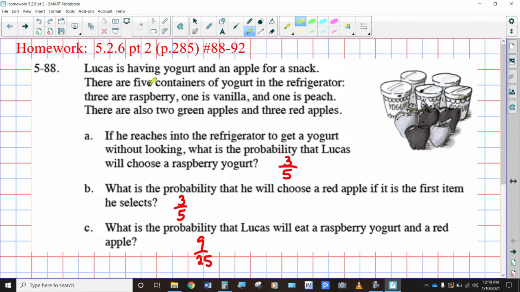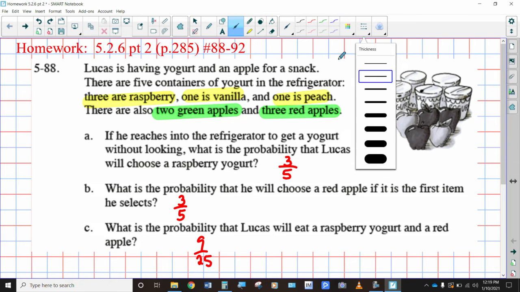Start off, we've got 5 containers of yogurt in the refrigerator. 3 of them are raspberry, 1 is vanilla, and 1 is peach. And then there are 2 types of apples. You've got 2 green apples and 3 red apples for a total of 5 apples. So if we're going to find the simple probability,